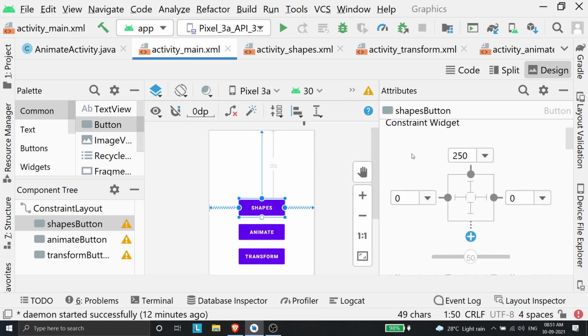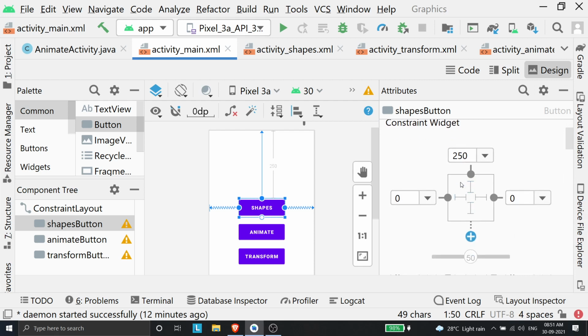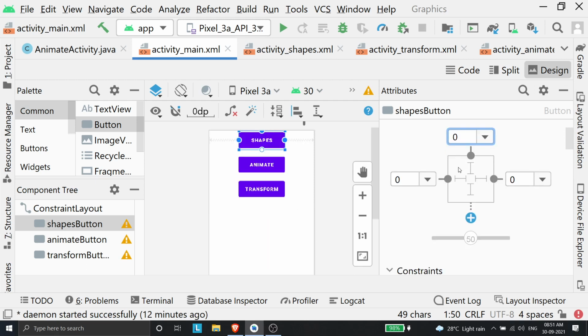Inside the attributes, there'll be something called layout, and inside that you can see a box model. On top of the box model, you can see there is something called 250 over here. This specifies that I want this button 250 pixels below my vertical constraint. My vertical constraint here is at the top of my UI window. So it should be 250 units below the UI window's top border. So that's what this specifies. If I put it as 0, as you can see, it moves back to the top. So if I give 250, it will somewhat be towards the center.